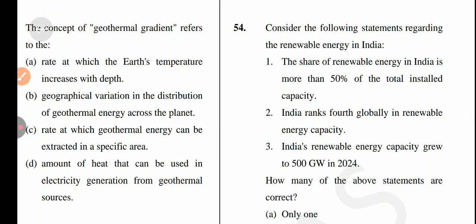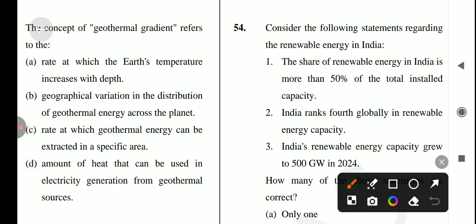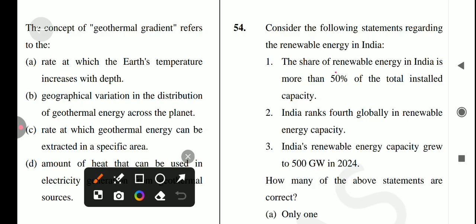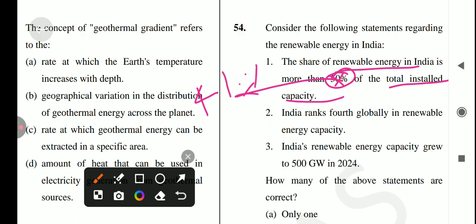consider the following statements regarding the renewable energy in India। okay, so first statement is the share of renewable energy in India is more than 50% of the total installed capacity. Is it true? No, it's not a correct statement because it's not 50%, it's 41.1%. Okay, 41.1%. So statement first is incorrect. Next is